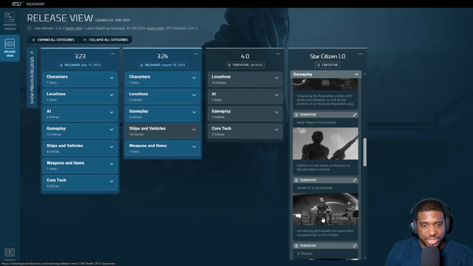Okay, this is big and very important: introducing permadeath and associated consequences to Star Citizen. Again, this is kind of vague, but CIG has talked about this at length in the past. Essentially, you might have 5 lives or something like that, and then your items will need to get transferred to a new character. CIG did talk about